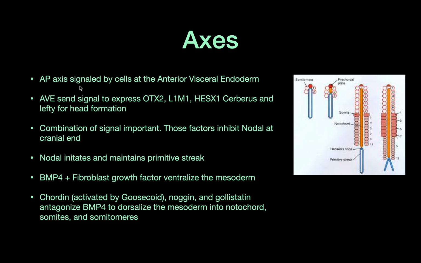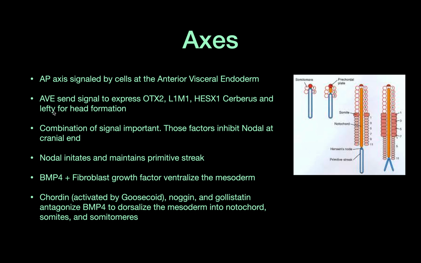So the anterior-posterior axis is signaled by the cells at the anterior visceral endoderm, also known as AVE. AVE will send signals to express OTX2, LIM1, HESX1, Cerberus, and Lefty. All these are genes or transcription factors or growth factors, and these all code for head formation. The combination of the signals is important. These signals will tell what exactly to differentiate, because although these all kind of differentiate for the head,